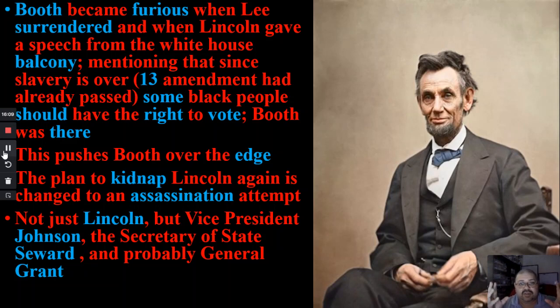It's a hydra. You know, we need to kill Lincoln, Vice President Johnson, Secretary of State Seward, and if we can, get General Grant. But we have to hit them all at the same time because if we don't, security is going to be on those other guys in a heartbeat. But if we get them all at the same time, nobody's going to know who's in charge. People are going to be panicking. They're going to be leaderless, and that's where the South will have a chance to fight back and possibly win this war. But you got to kill them, all of them, at the same time.